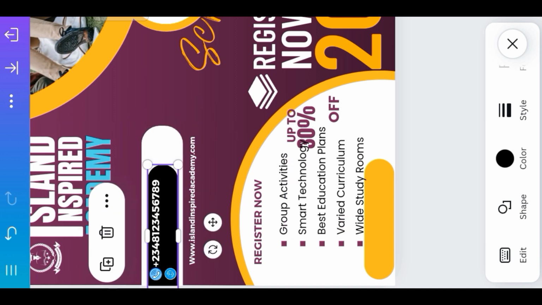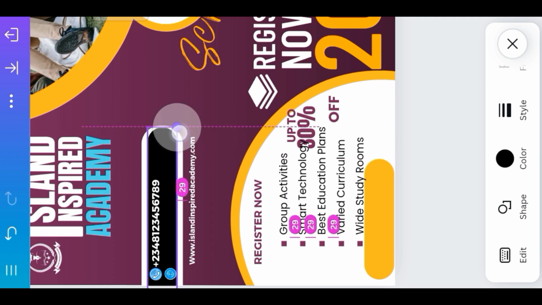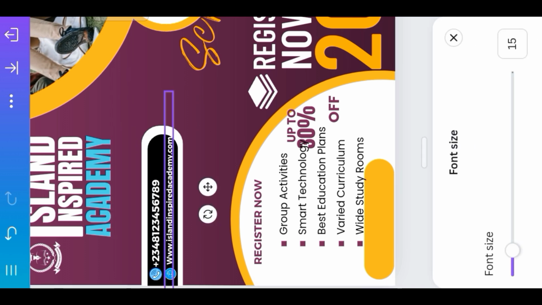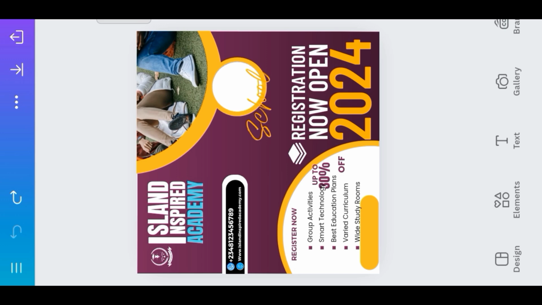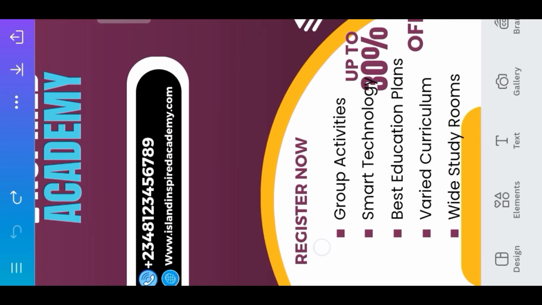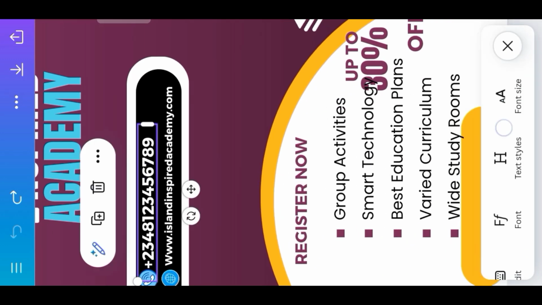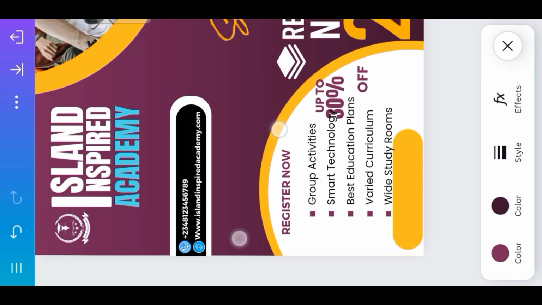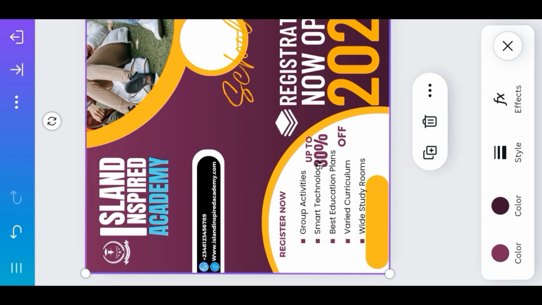Then this, I will do the same thing to this as well. Then I will need to come to the font size as well. Then let me fix it for 14. I'm okay with it this way, 14. Then this phone number, I will need to reduce the size as well to 14. It's okay. The next thing I'm going to do, I will need to change the background of this very particular